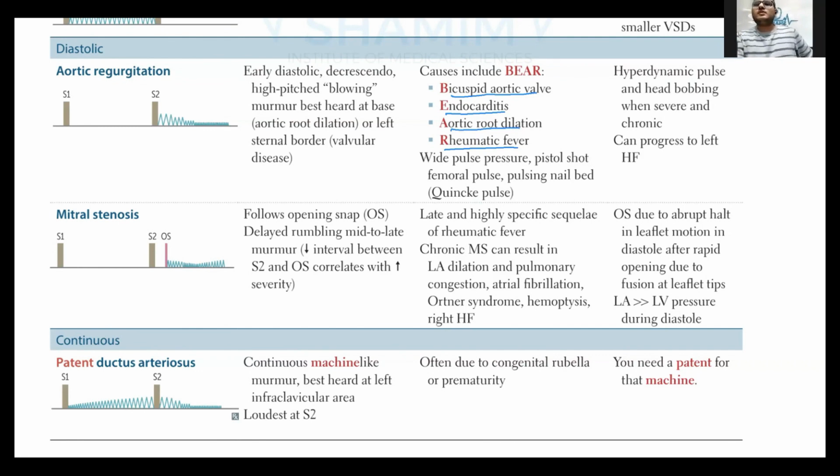सबसे पहले पूछा जाता है, what is the most important: wide pulse pressure. वाइड पल्स प्रेशर बहुत ज्यादा वाइड आता है। क्यों आता है? Because of decreased diastolic blood pressure. ओके, डायस्टोलिक ब्लड प्रेशर कम हो जाएगा तो जो पल्स का प्रेशर है वो वाइड हो जाएगा। इसको हम कहते हैं हाइपरडायनामिक पल्स।